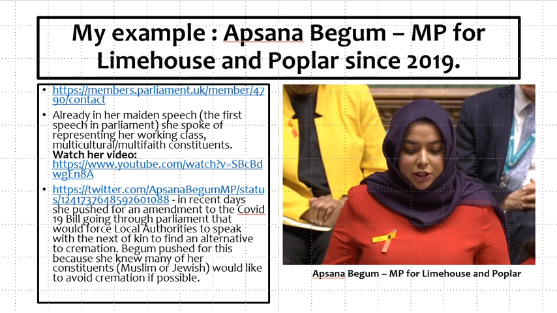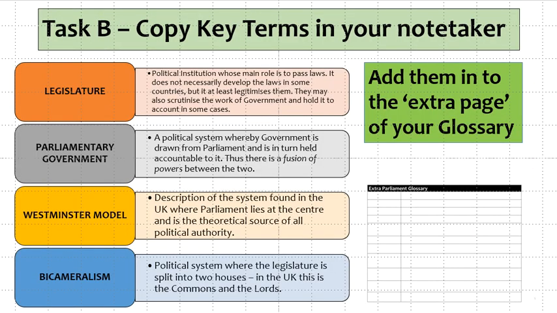She signed a bill, basically saying to this law going through, can we make a slight change? It's called an amendment. She pushed for that amendment and managed to get it through. So she could be seen there to be representing the interests of her constituents by doing that. But you gave some really good examples of Diane Abbott, of several others in the comments, which are brilliant. And I really would urge you to hold on to those when it comes to exam time.